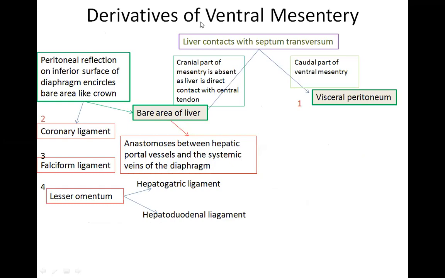So what are the derivatives of the ventral mesentery? So liver, it contacts with the septum transversum. So there is a cranial part of the mesentery, it is absent, as the liver is in direct contact with the central tendon. Now this central tendon, it is derived from the